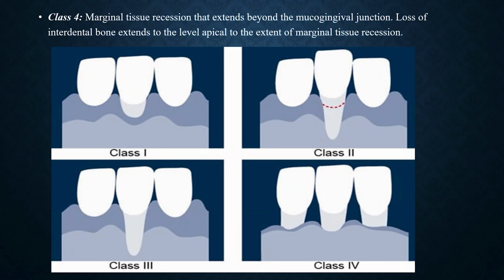Now, if we talk about class 3, that is the image on the lower right side, the gingival recession has extended beyond the mucogingival junction, but the level of interdental bone and soft tissue is apical to the cemento-enamel junction, but still coronal to the mucogingival junction. And class 4, there's a severe